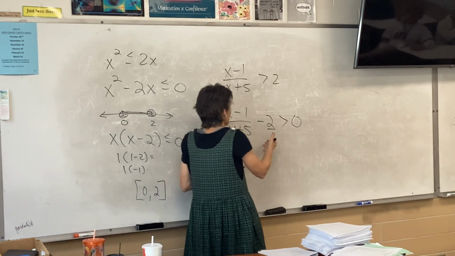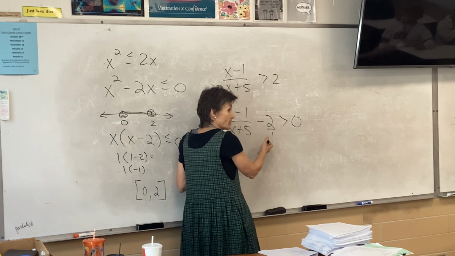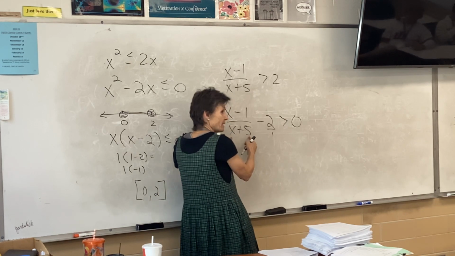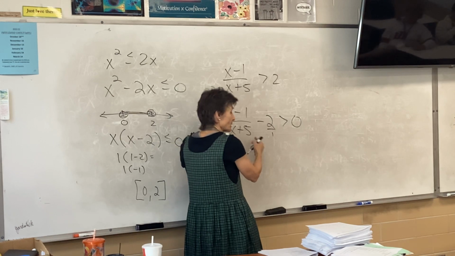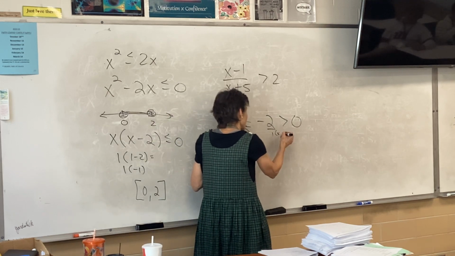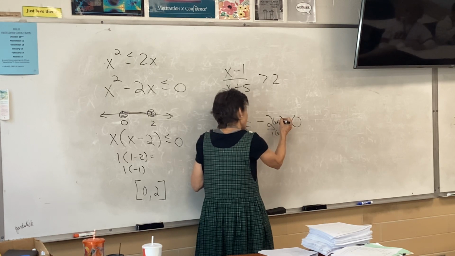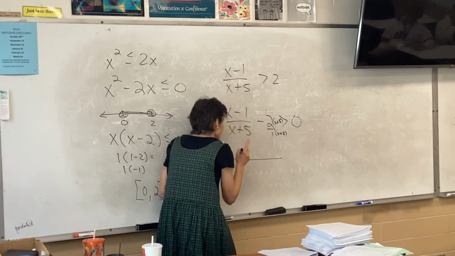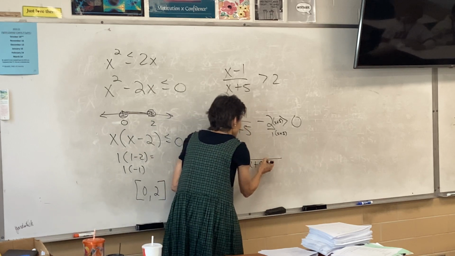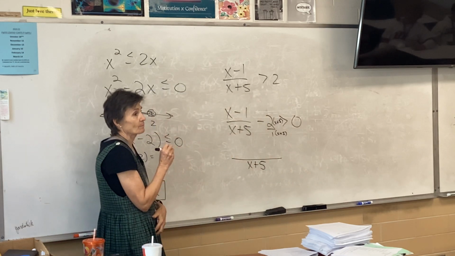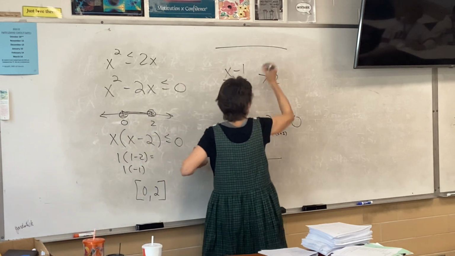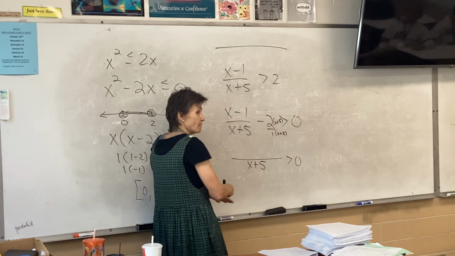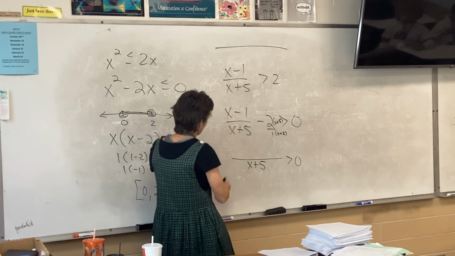So Alex said, okay, I'm going to get a common denominator. Well, that's just a 1. So won't my common denominator just be x plus 5? So I'm going to multiply an x plus 5 here and an x plus 5 here. Now my denominator I must keep because it's going to give me a dot on the number line. I'm going to use a number line. This is an inequality, and the denominator is going to give me a dot. I must keep it. And then my numerator,